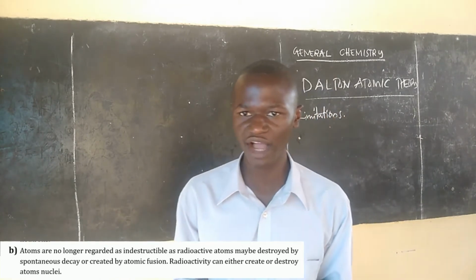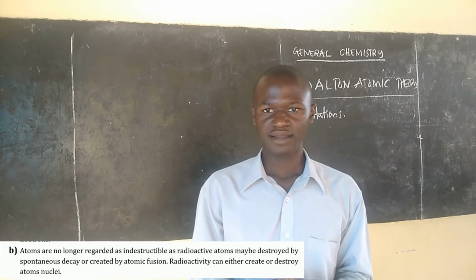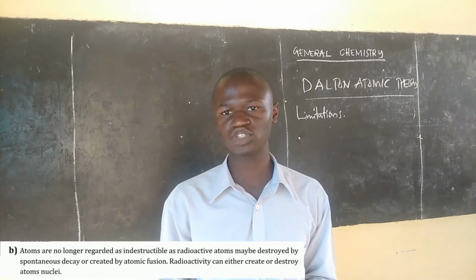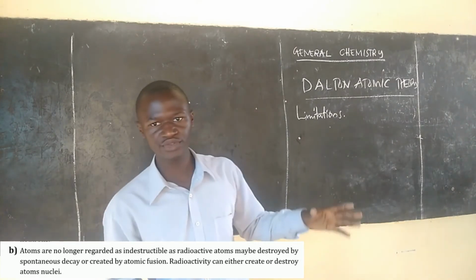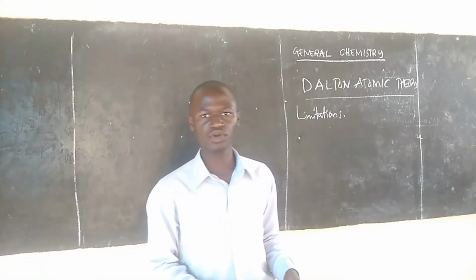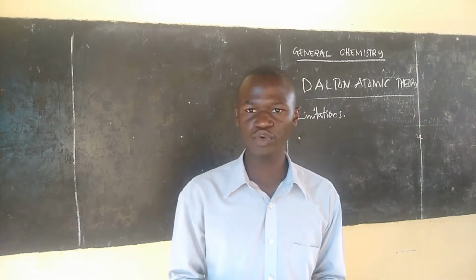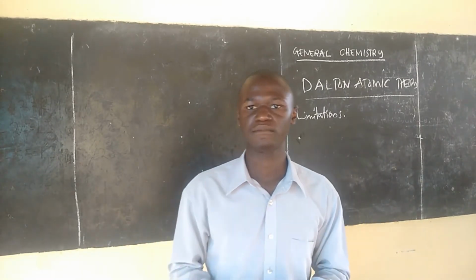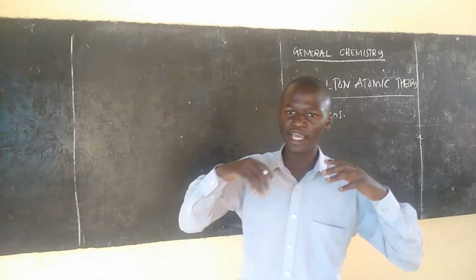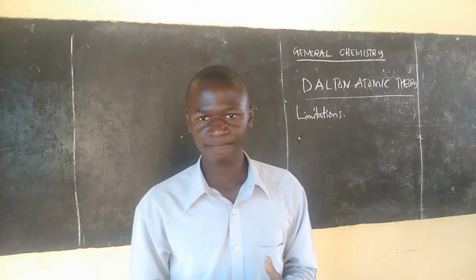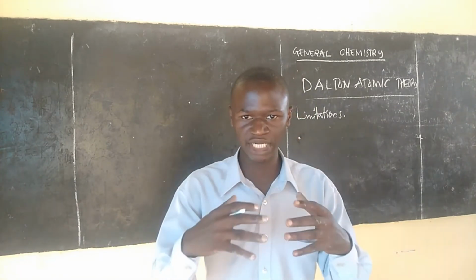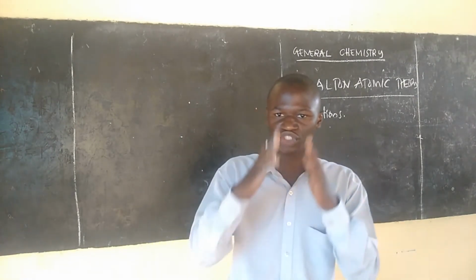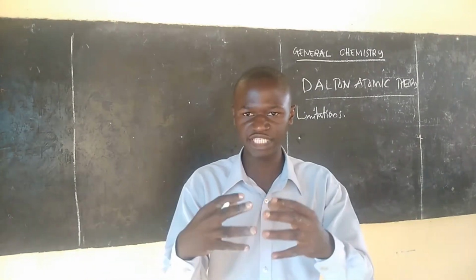We call it nuclear fusion. But also we have radioactive reactions which can destroy one nucleus of an atom into smaller nuclei with smaller masses. We call it nuclear fission. We have fusion, which is joining, and fission, which is splitting. So the existence of radioactive reactions such as nuclear fusion and nuclear fission has revealed that it is possible to destroy an atom and it is possible to create an atom.